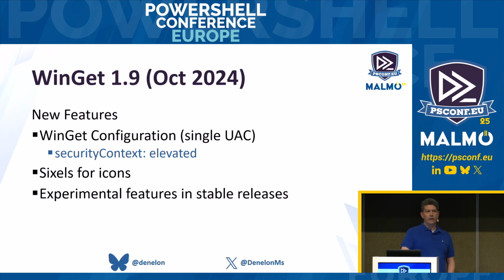With Winget 1.9, we finally figured out how to handle the single UAC for elevation. So if the configuration file has security context elevated specified for one of the resources, and I'll go into more detail about that afterwards, but just kind of the high level, what'll happen is Winget knows that needs to be elevated. You'll see a shield in the output that's getting displayed, and that one acceptance of the elevation handles that for the entire configuration. So anything that needs elevation runs in an elevated process. Everything else runs in a user process. So we took the security layer very seriously on that.